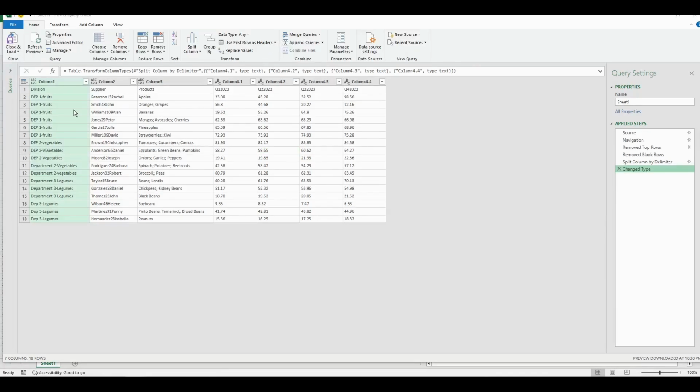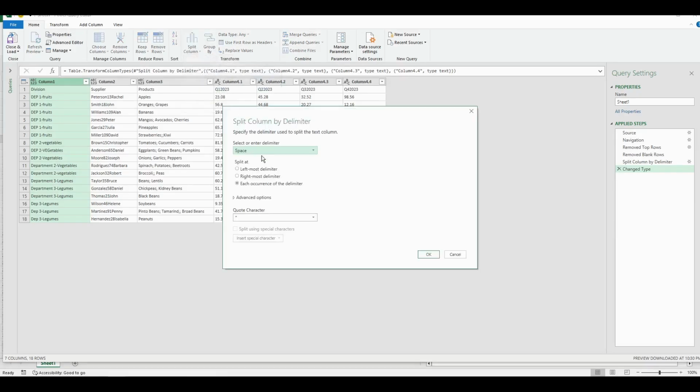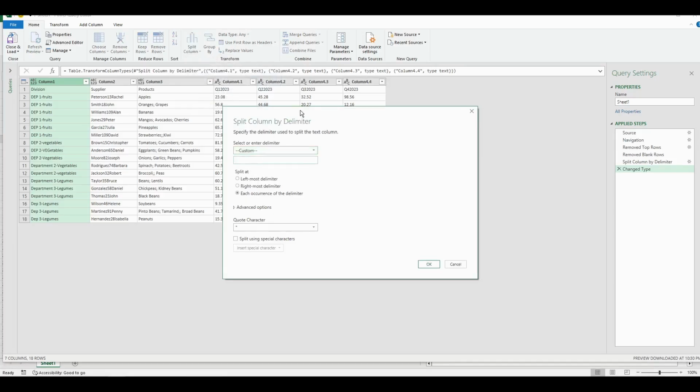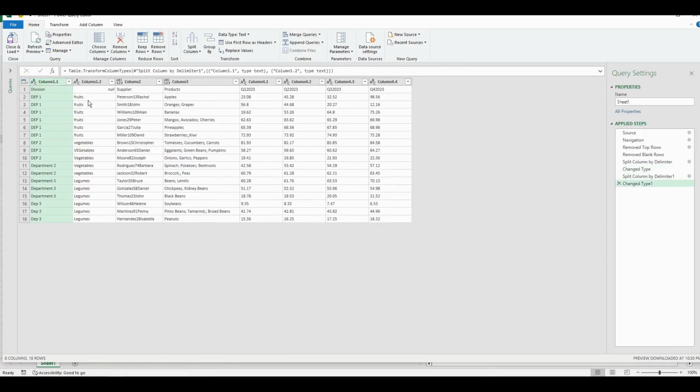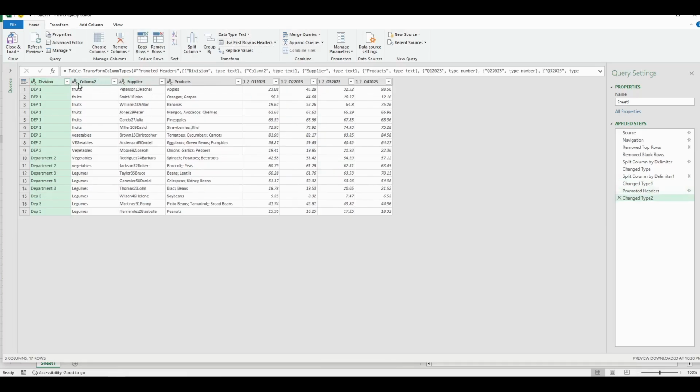We can apply the same approach to split the first column into 2 columns. So we will split it by a custom delimiter, that will be dash. So here we are. Use first row as headers.